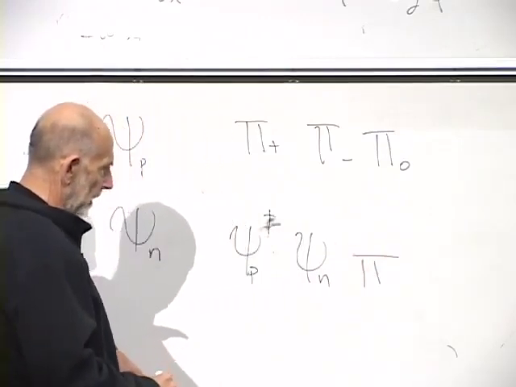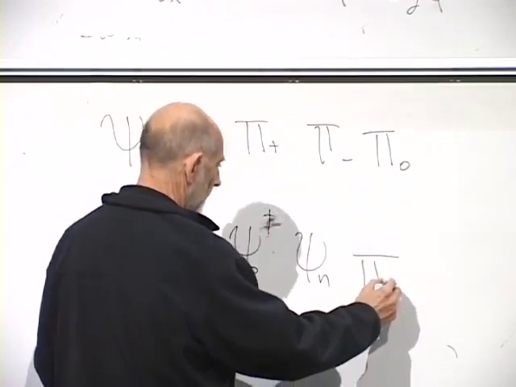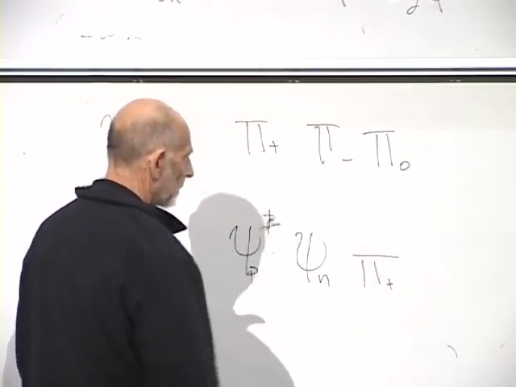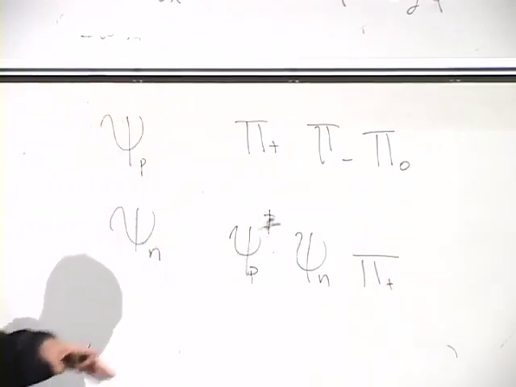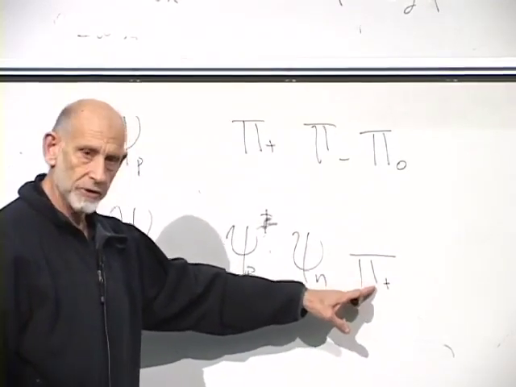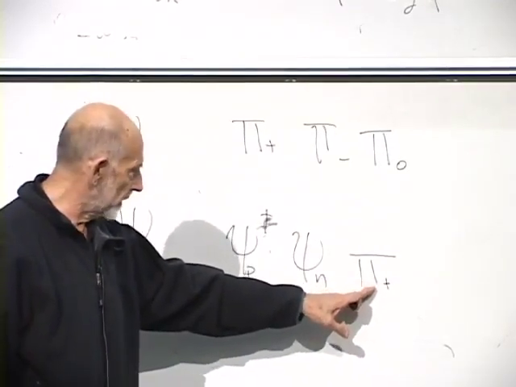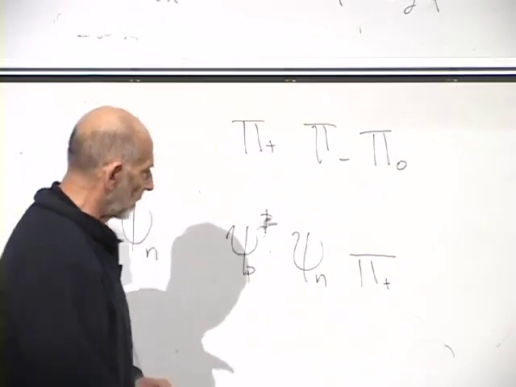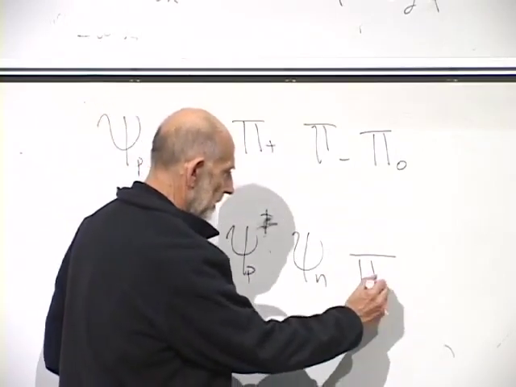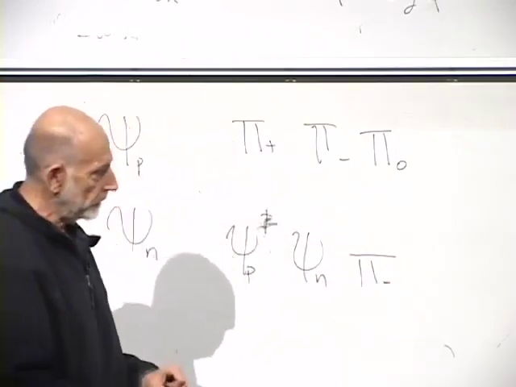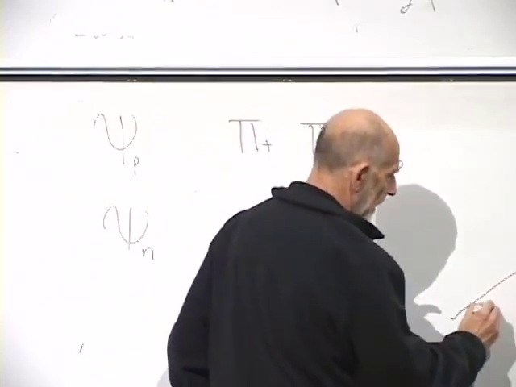Is it pi plus or pi minus? Let's try pi plus. All right, this absorbs a positively charged pi meson, and, oh, I think I have it wrong, pi minus. It absorbs a negatively charged pi meson, pi minus,